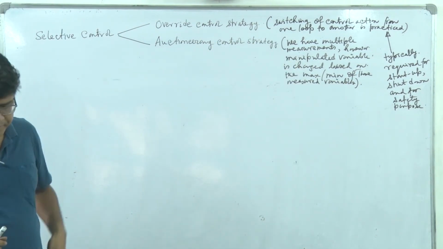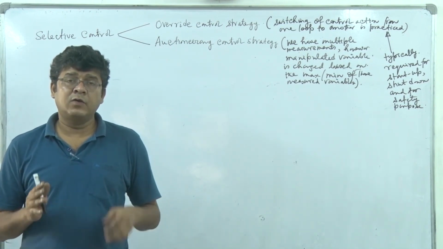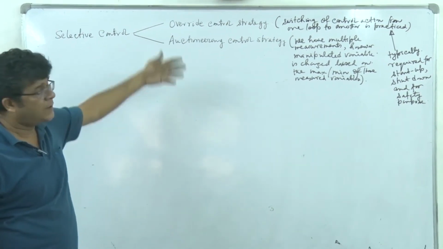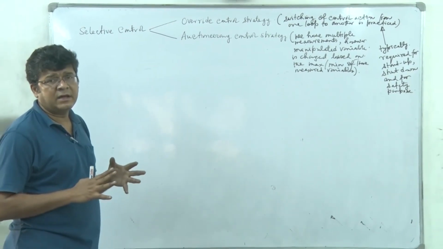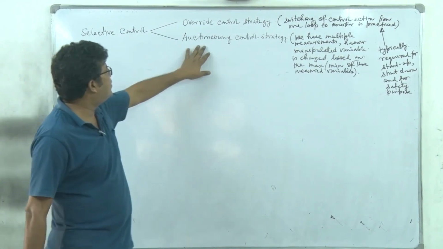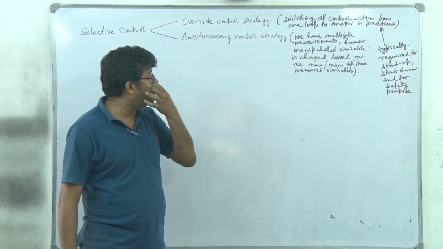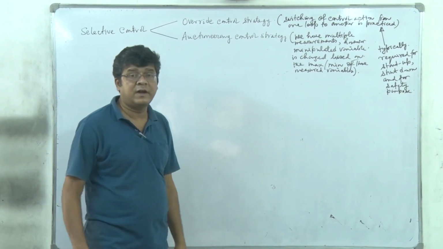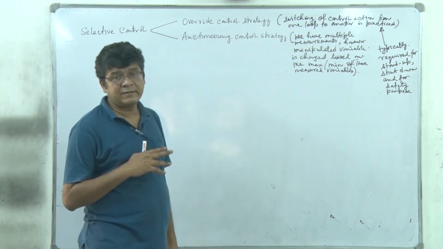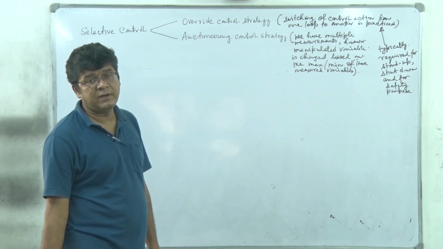So in the next session we are going to first discuss the override control strategy with examples mostly. We will not go into the mathematical detail, and similar is true for the auctioneering control strategy. In this discussion of advanced control strategies, we will also go for the mathematical formalization for cascade control theory as we did, and also for feed forward control strategy.